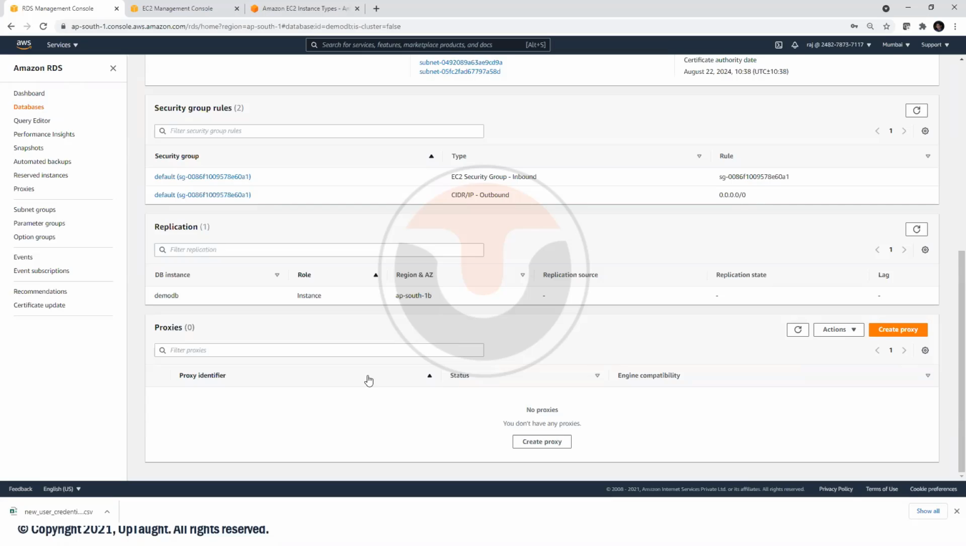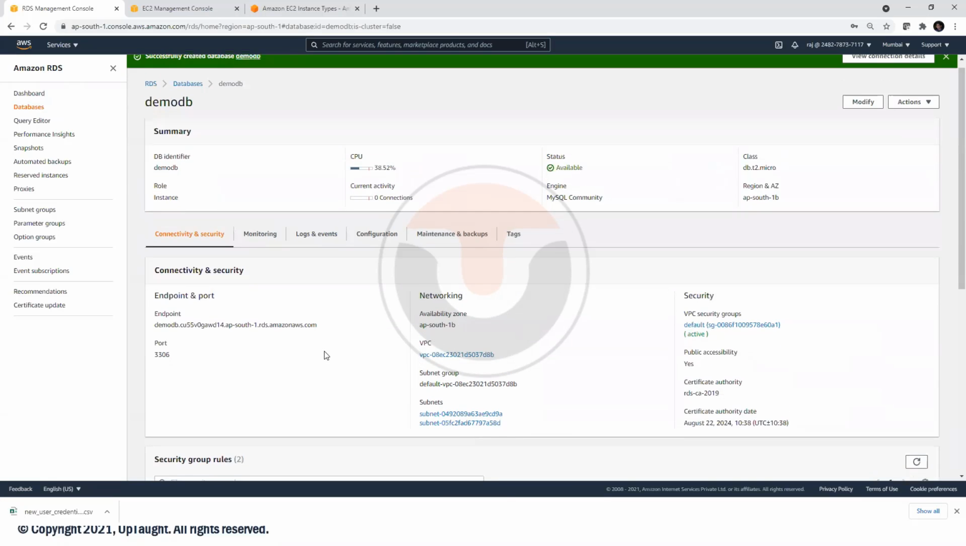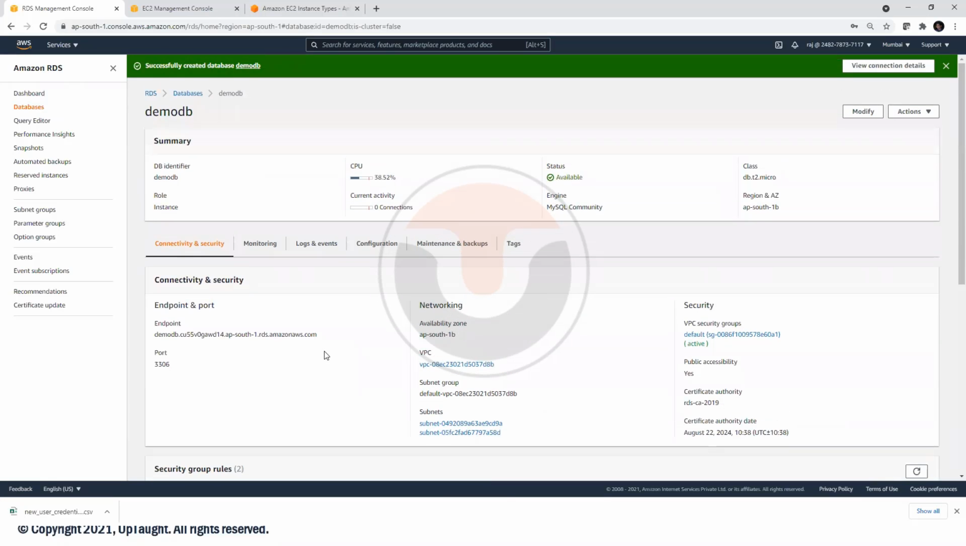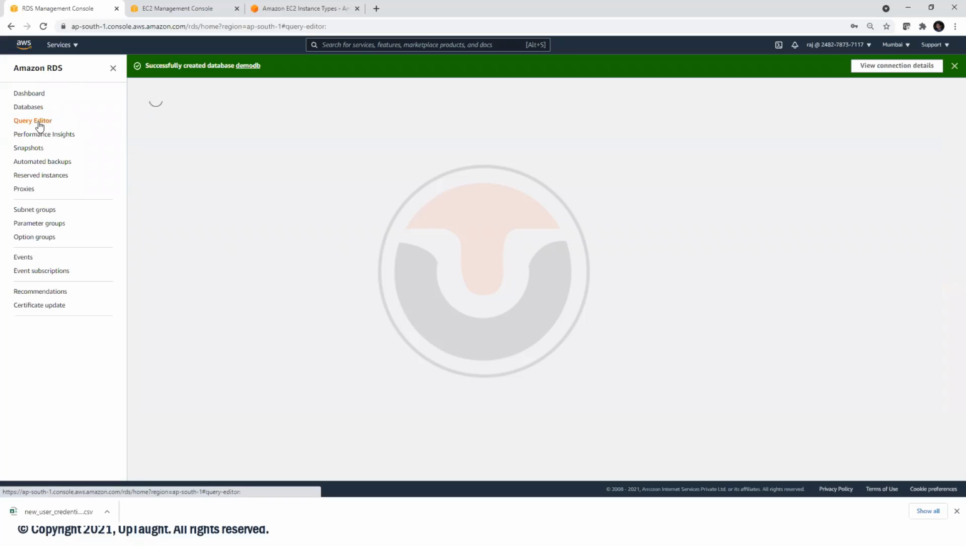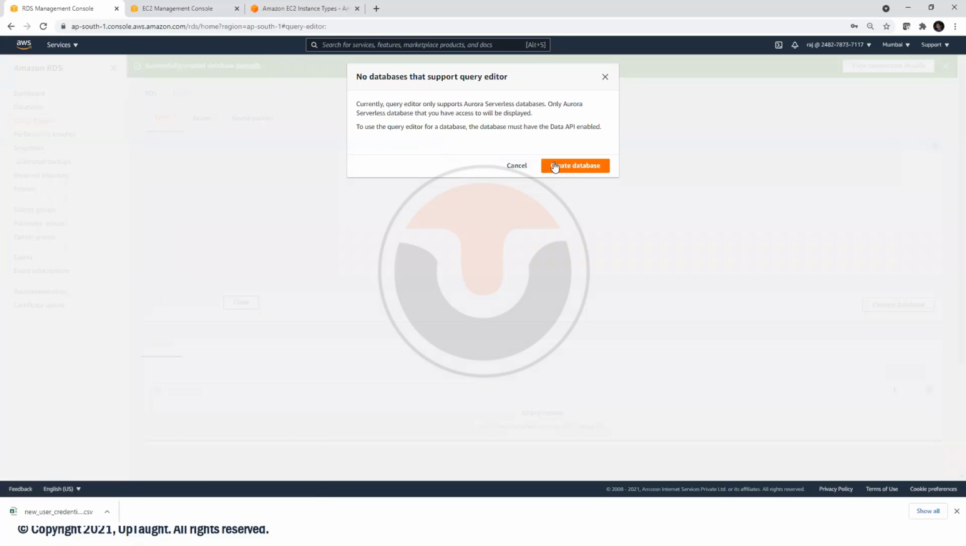Right, we are there now. So we just created a database, it saved successfully, right? So how do I connect? You see this option, query editor, on the left. The query editor allows you to log into your databases from the console,